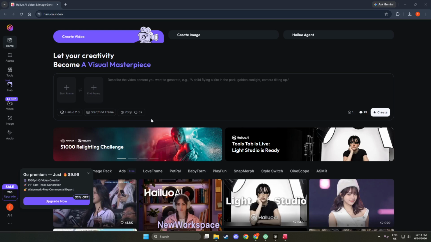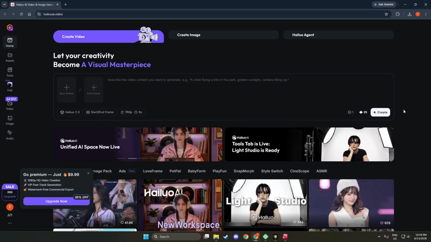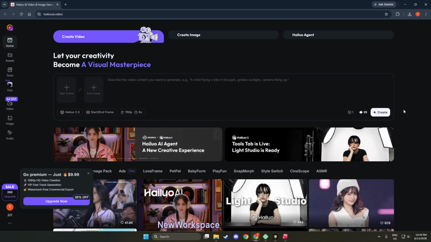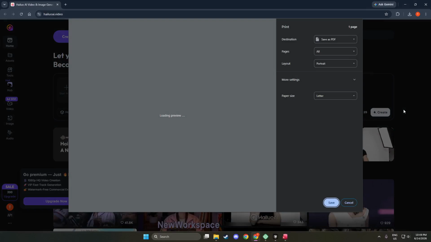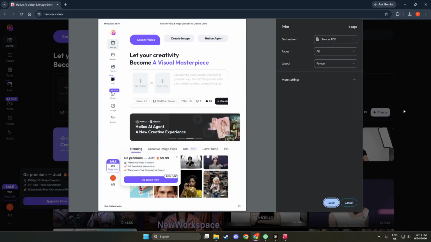Make sure the web page you want to save is fully loaded. This ensures that all content is captured accurately in the PDF. Now press the keys Ctrl and P if you're using Windows. This command opens the print dialog box. It's a quick shortcut that saves time in many software applications. Using shortcuts like this can greatly enhance your productivity.